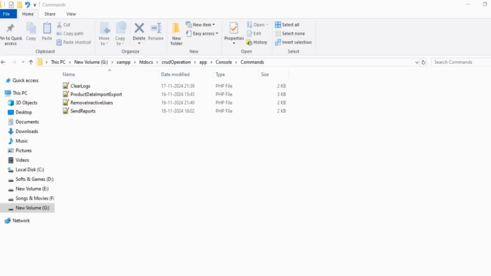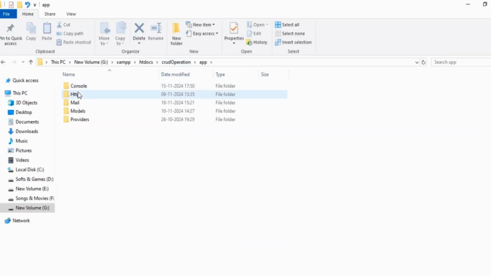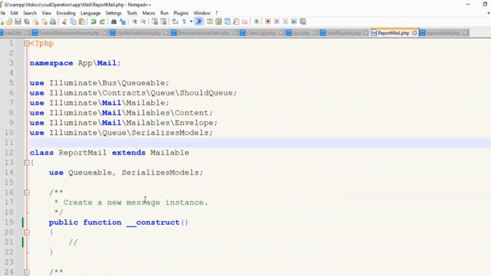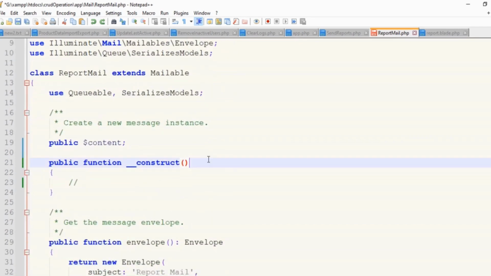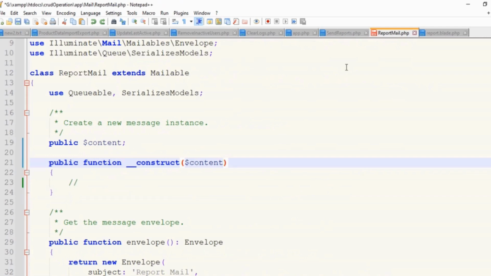To generate email content using the ReportMail class, start by opening the ReportMail.php file located in the app/Mail directory at the root of your project. First, add a public variable called $content to store the email content. In the constructor function, pass the $content variable, which is obtained from the SendReports handle function, and assign this value to the public $content variable.